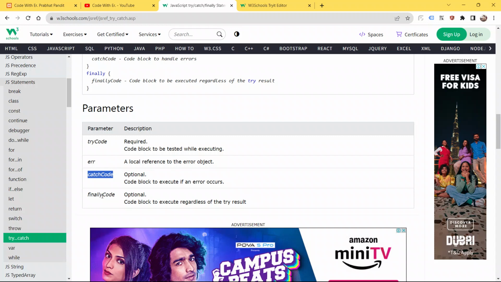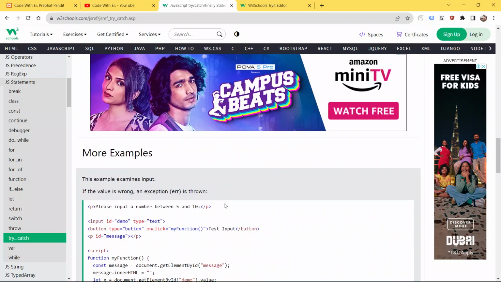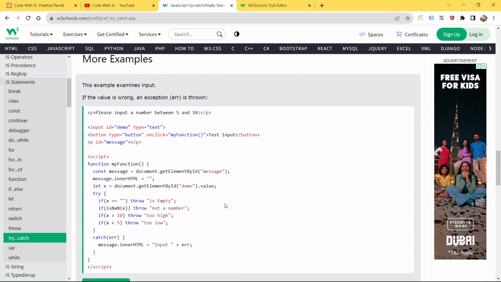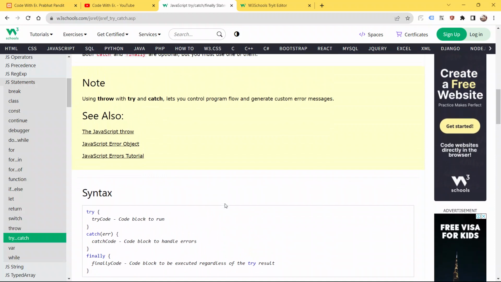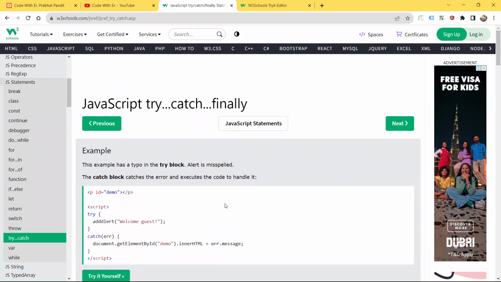Okay, so here is the finally block, optional code to be executed regardless of the try result. In this video, we will learn how to catch or throw an error inside a function. Now let's get started and learn what the try, catch and finally blocks are in JavaScript, and why it is so famous, and why, to be a good developer, a great developer, we should use these try, catch and finally blocks in our JavaScript code to handle exceptions, to handle errors,